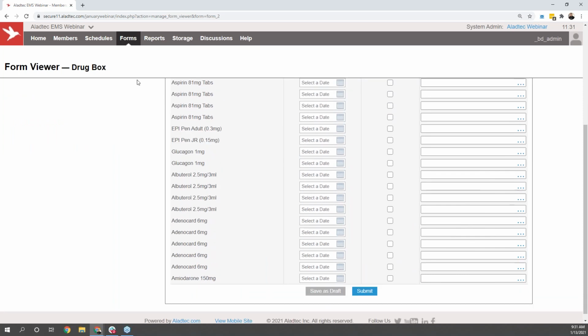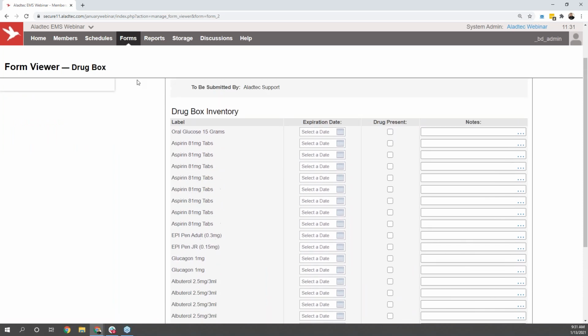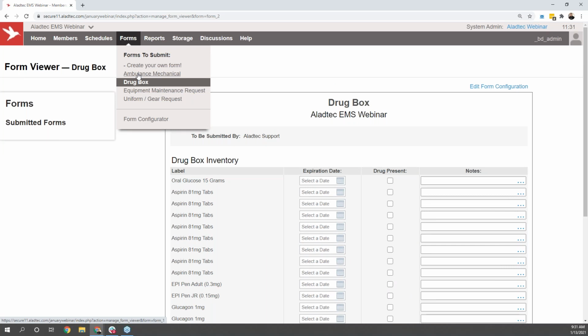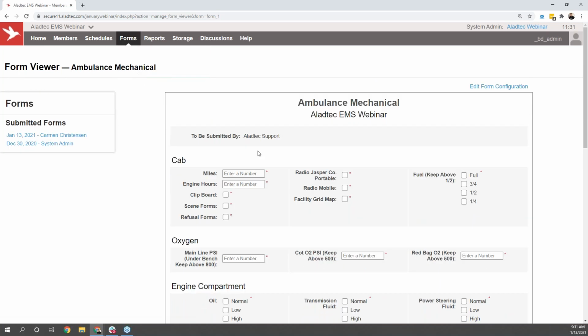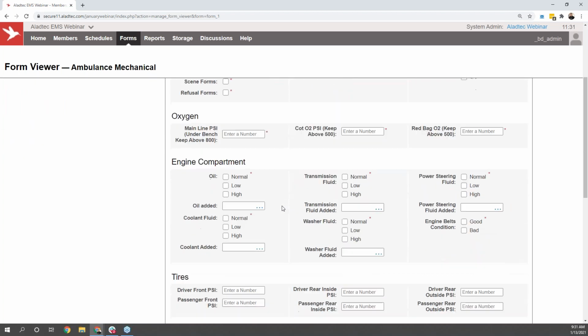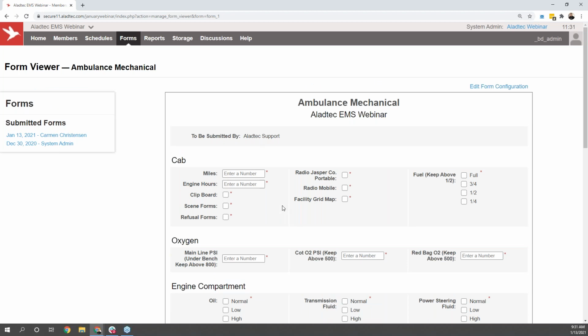All of these forms, as you can tell, clicking from page to page, are going to have completely customizable fields available. You'll be able to set them up with number fields, checkboxes, multiple selects, short answer, long answer, attachments, signatures. Any type of field you can think of should be able to be built into the system here using our form configurator. The form configurator shows up here in the top right-hand corner when you pull into any form section